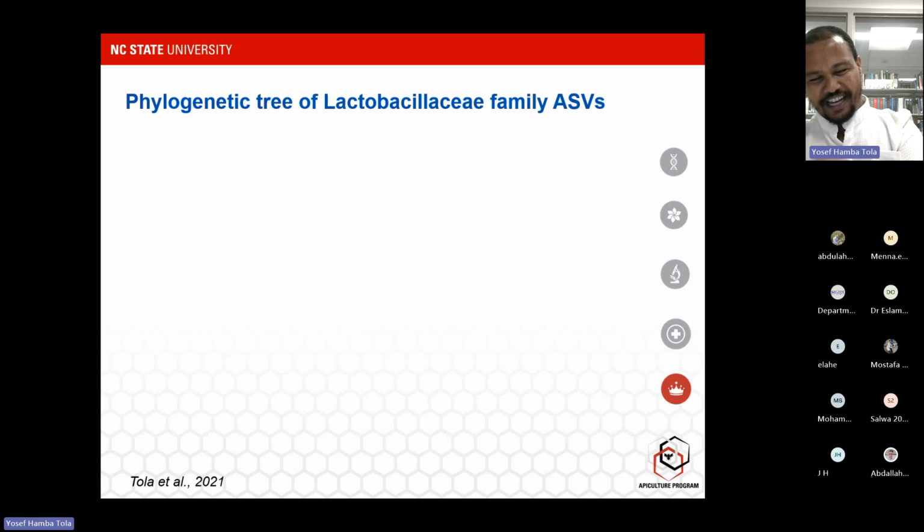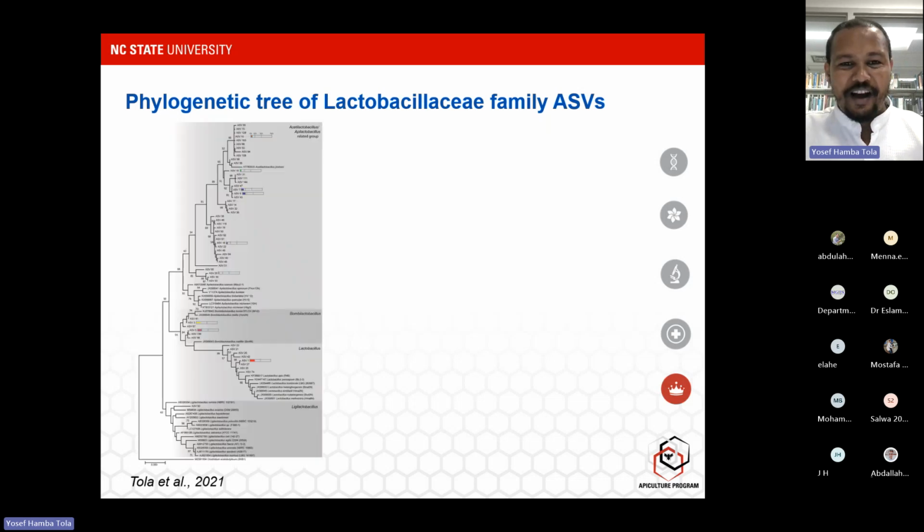Now, since the microbial composition, the abundance, and the diversity vary, and also the abundance of the different strains varies across the species, I was interested to look at what the phylogenetic tree looks like from the most dominant family. The first family, I did the phylogenetic tree for the Lactobacillaceae family. I took the different strains from this one and looked at how these strains are clustering with different microbes from different stingless bee species. Even here, I included the microbes from the honeybees and from the stingless bees to see how our strains are clustering with others.